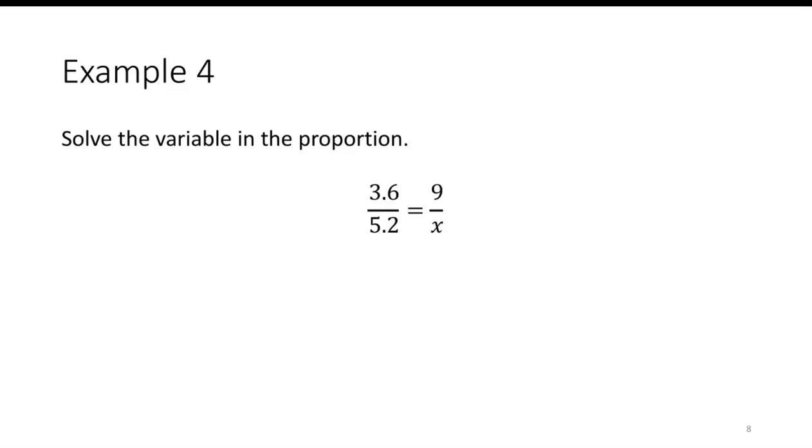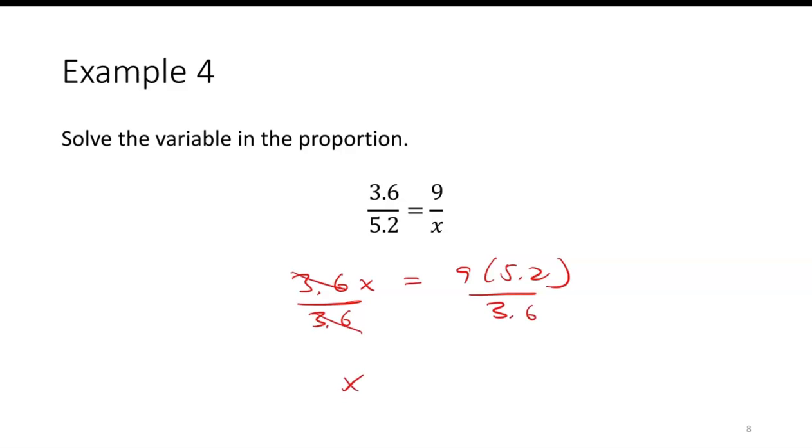A little more complicated. Let's say I have 3 6/10 divided by 5 2/10 equal to 9 over x. So cross products tells me that 3.6 times x is equal to 9 times 5.2. So from there, we divide by 3.6,